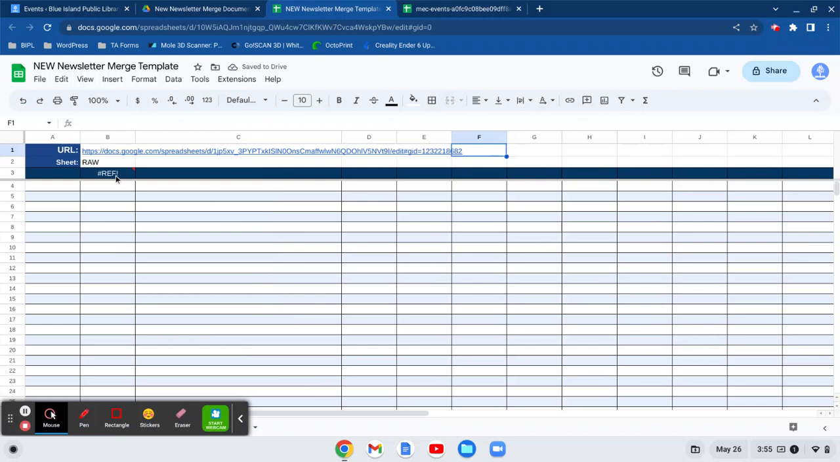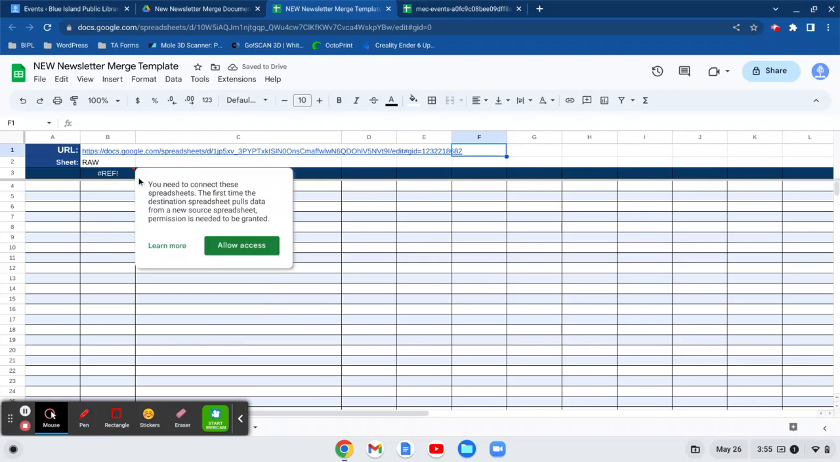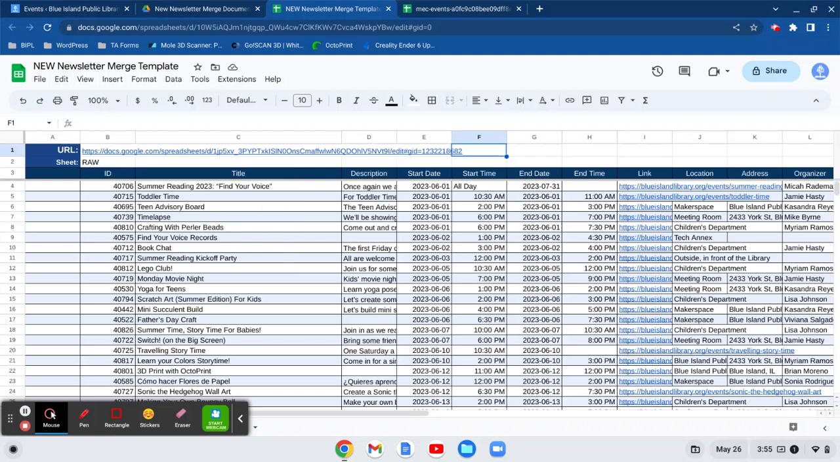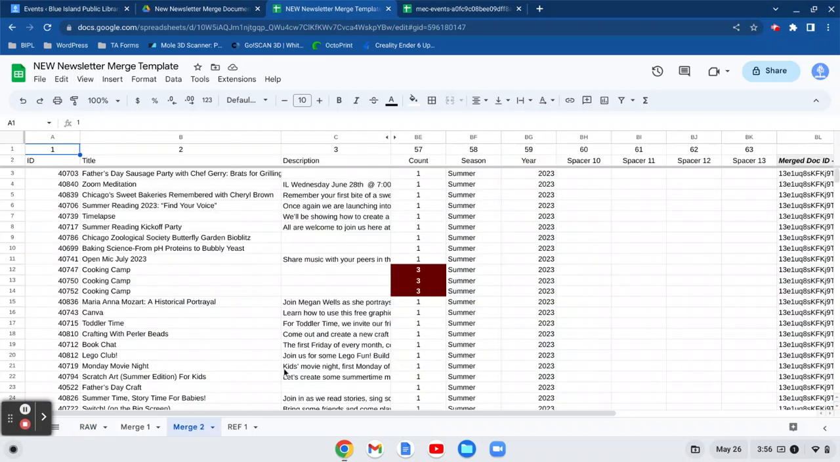And it's going to give me an error because I have to allow permissions. So allow access, click allow access, and everything populates. Now it is set up so that you don't have to really do anything from this point except run the merge. You go to merge to,